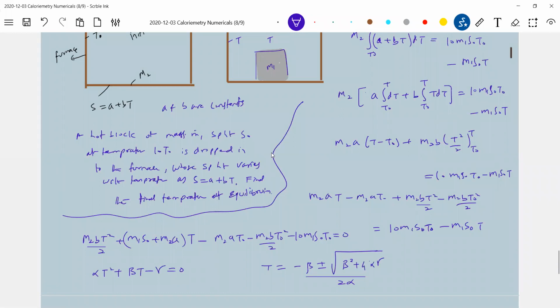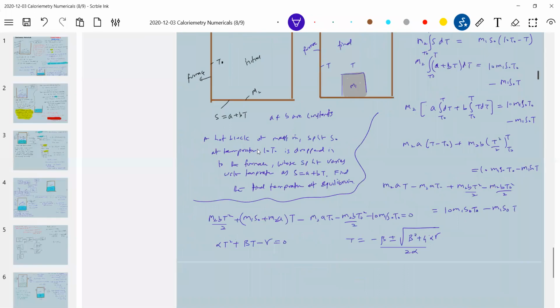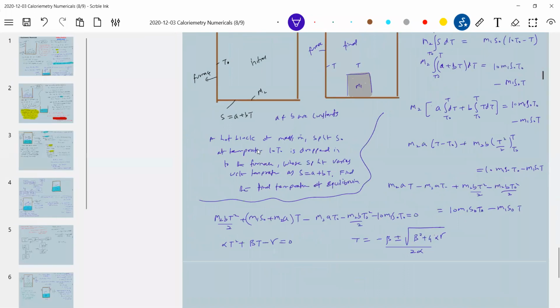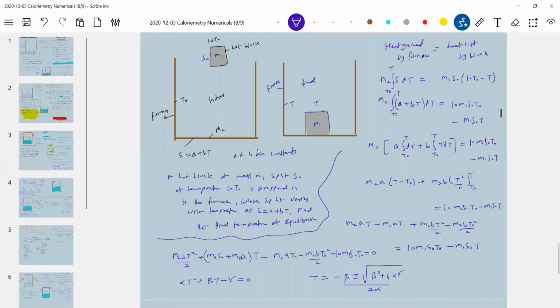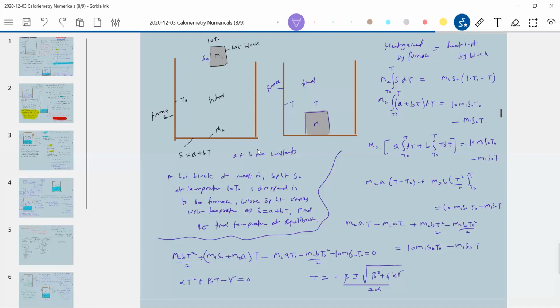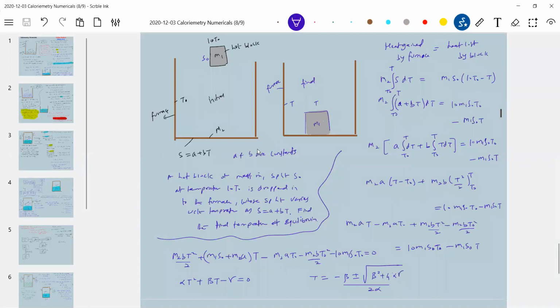Now you do get problems of these kinds, you have to be extra alert. Getting some furnace specific heat. Sir, you only said specific heat is constant. Specific heat can vary with the temperature or a range of temperature. As it is a constant, we are assuming it here. So substituting this, we'll get an answer. I just gave an idea that specific heat of a substance can vary also like this.